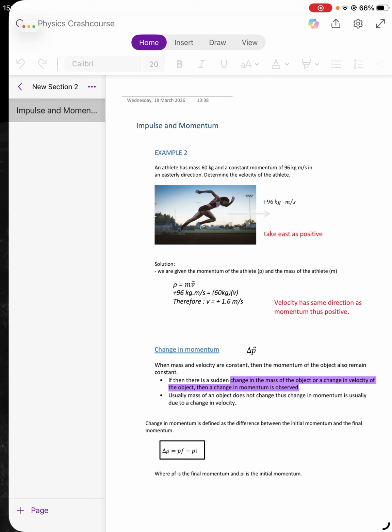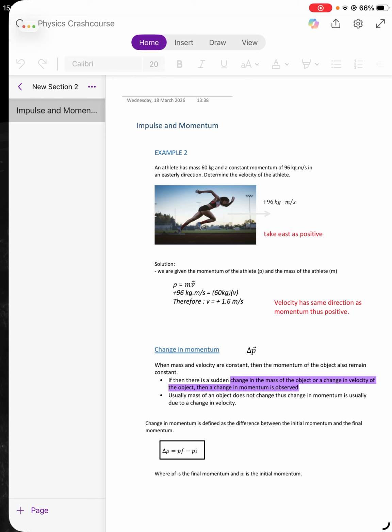Using the same equation, P is equal to mv, we can determine what is our velocity. We substitute in 96 kilograms meters per second as well as 60 kilograms respectively to P and M, so that we can isolate V, and dividing both sides by 60,